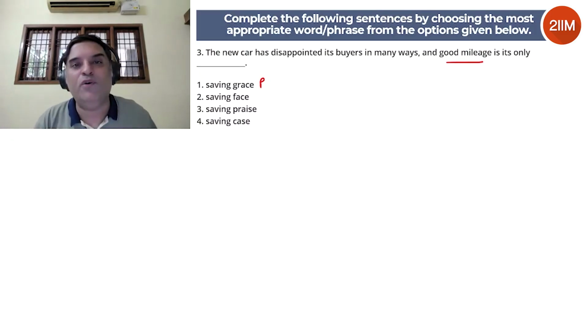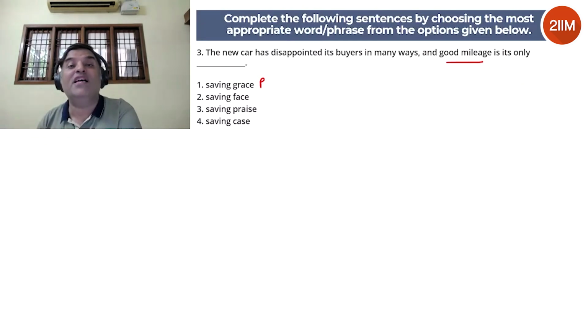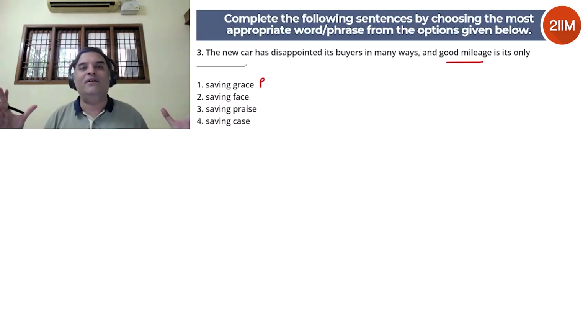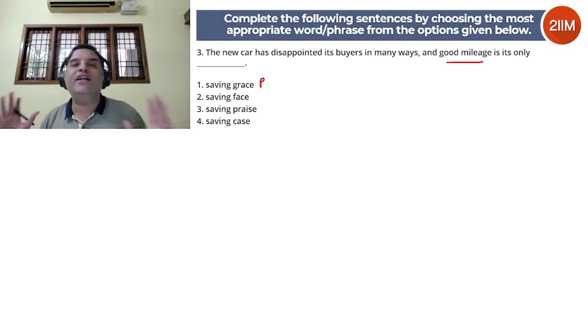So let's say you're working in an office, and you make a big goof up or a big mistake with your project. Because of that mistake, now the project is in danger. In that situation, you'll probably try to do damage control. That could be walking up to your manager and saying, hey, I'm really sorry I made this mistake, but I'll try to fix it as soon as possible. That apology can also be saving face because you're saving yourself from major embarrassment. So you've made a mistake, but now you're doing damage control. Saving face is used in those situations.